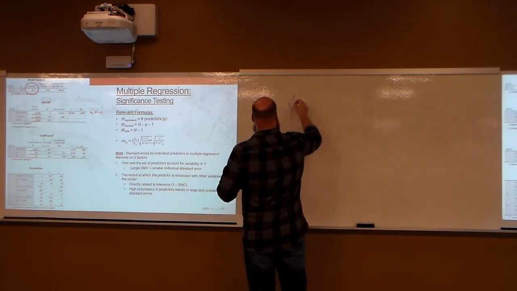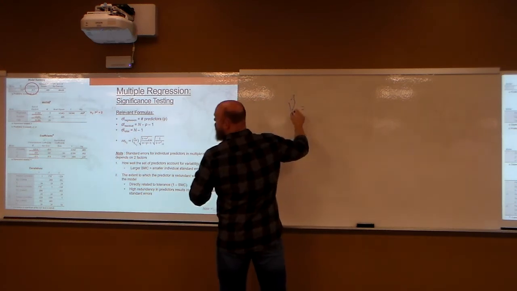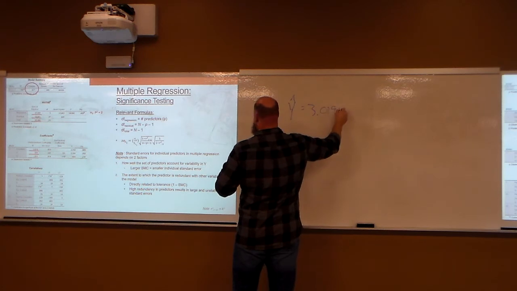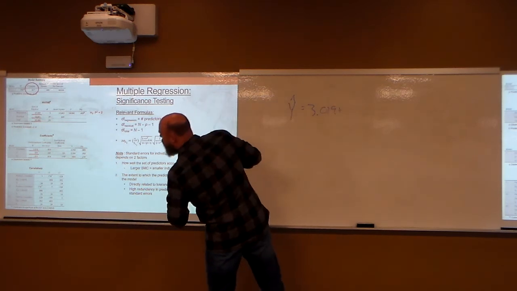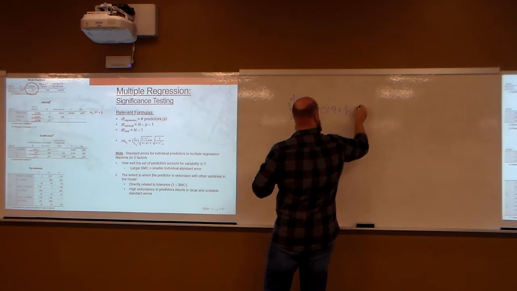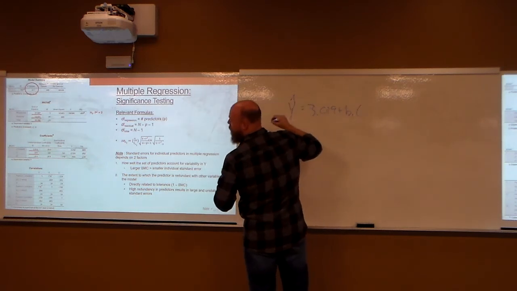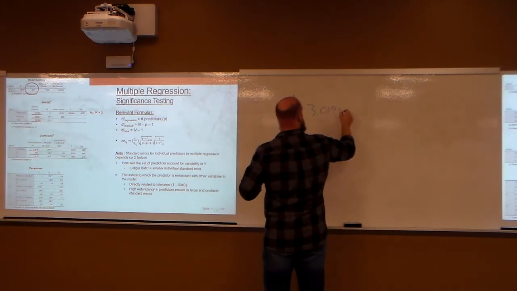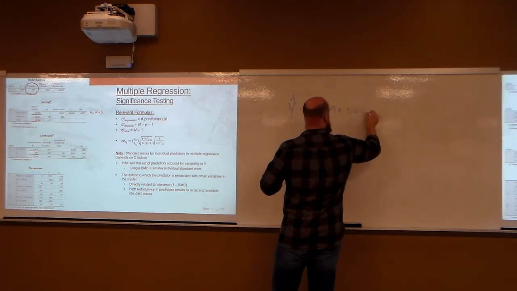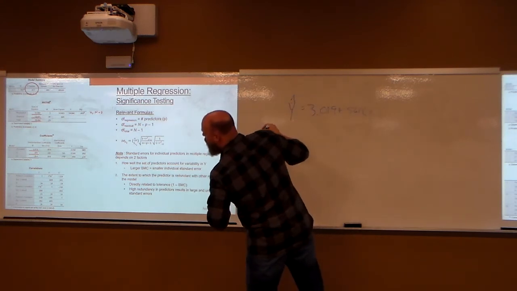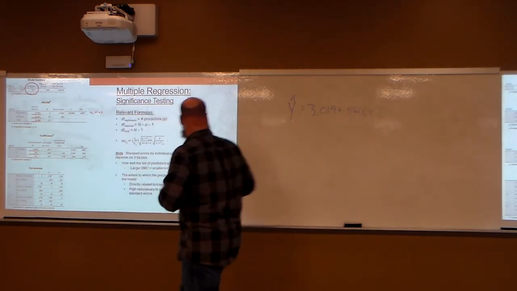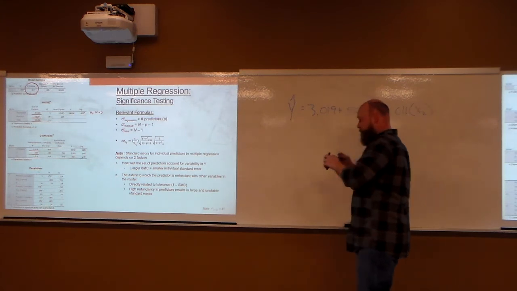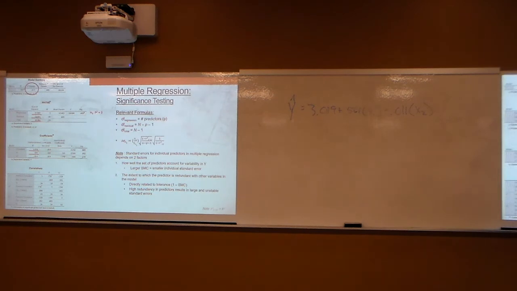We're saying, literally, the expected value of my y is equal to 3.019 plus 0.561 x1 minus 0.011 x2, okay? And if we look at that equation, now all of a sudden it starts to